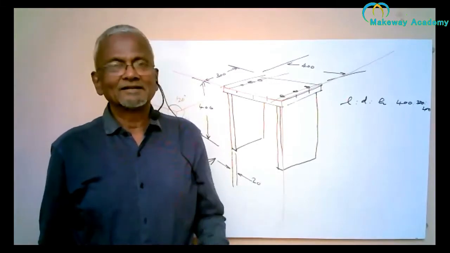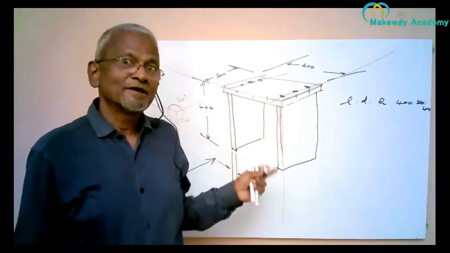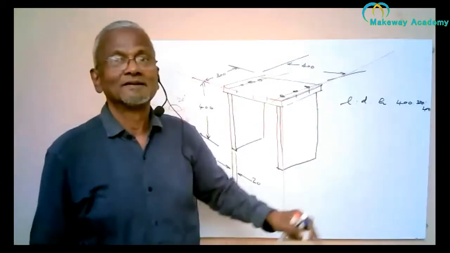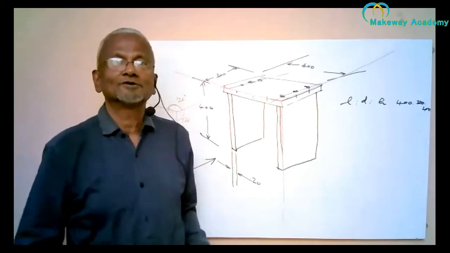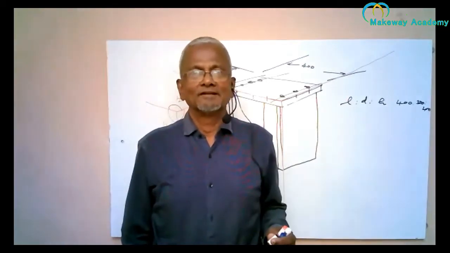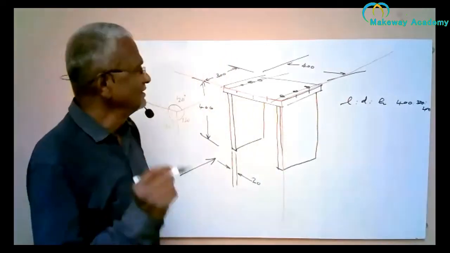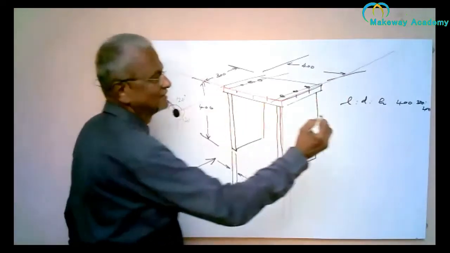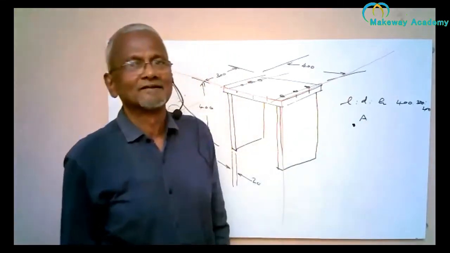So actually, mathematically, the object is projected onto the plane. So what I have to do is keep a plane behind the object, and then the object has to be projected onto the plane. How is something projected onto a plane? Let me tell you this way. Imagine there is a point in space. I call it point A.